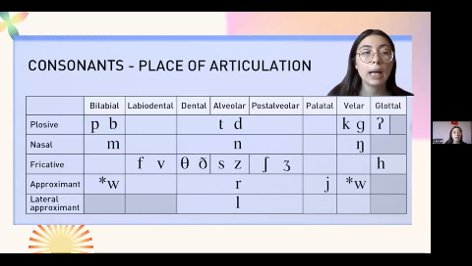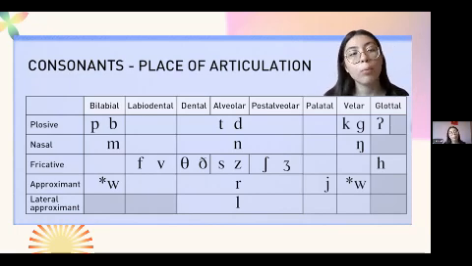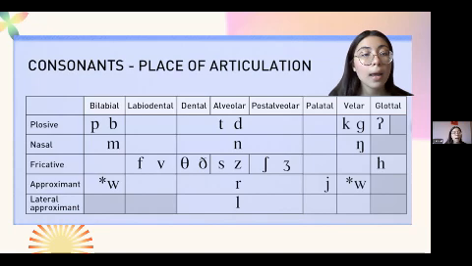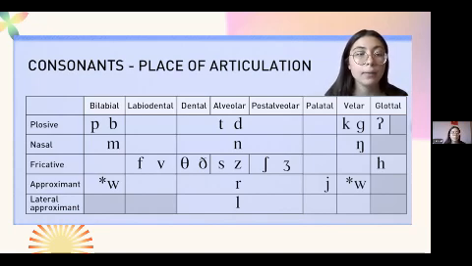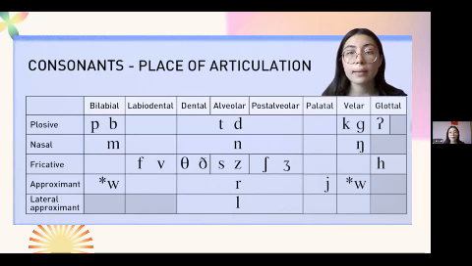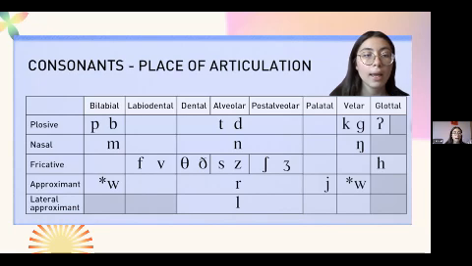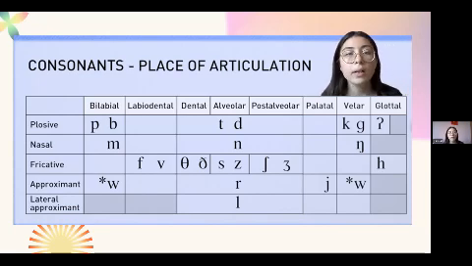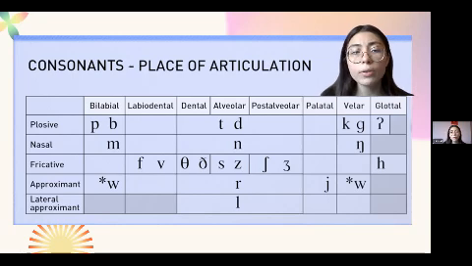Alveolar is tongue and alveolar ridge. Postalveolar is just behind the alveolar ridge, and palatal is middle of the tongue and hard palate, and velar is back of our tongue and soft palate. Glottal is our vocal cords, and